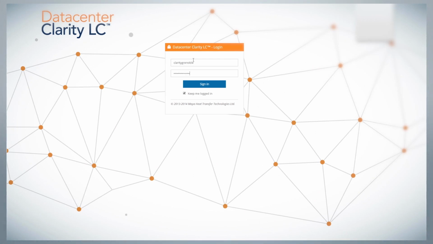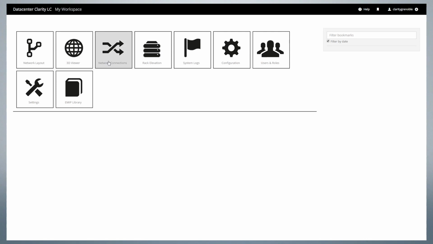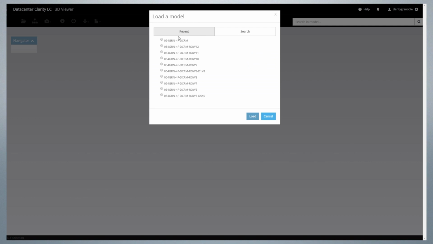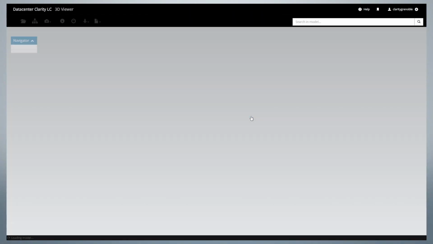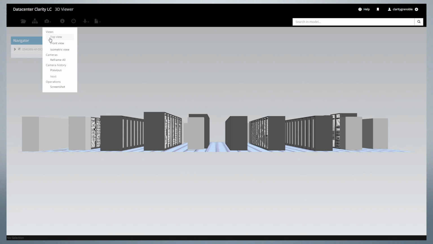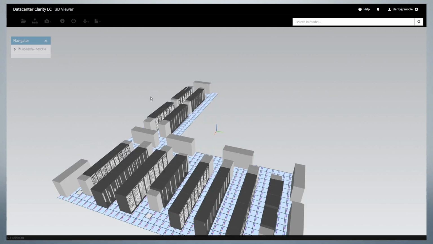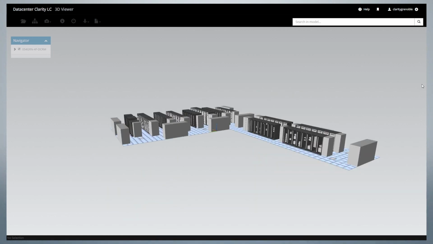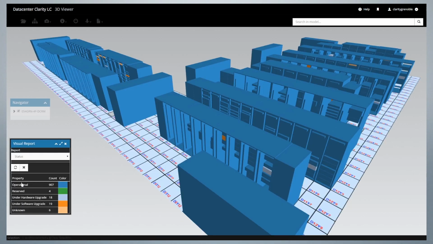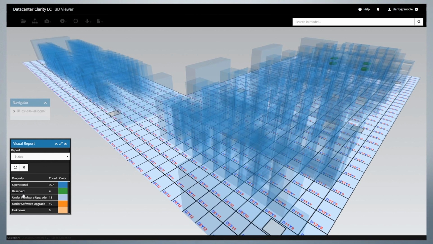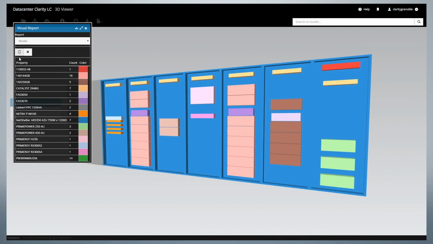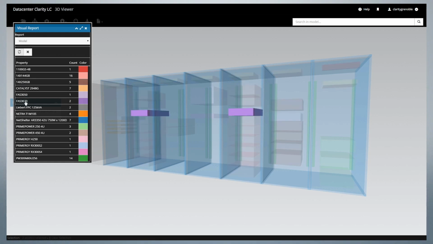Datacenter Clarity LC includes a browser-based application that provides much of its core functionality in a light, intuitive, and portable version to facilitate deployment, use, and accessibility. The web client is entirely web-based, HTML5, which makes it cross-browser and cross-device compatible, including tablets, for maximum accessibility and ease of use. It features an intuitive interface for 2D and 3D navigation, asset and usage information directly within the